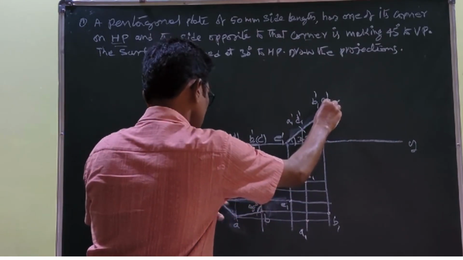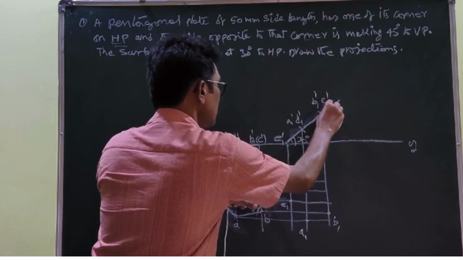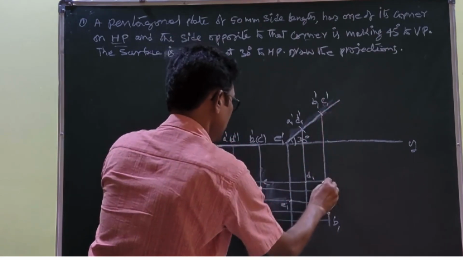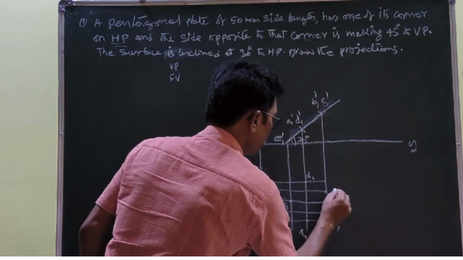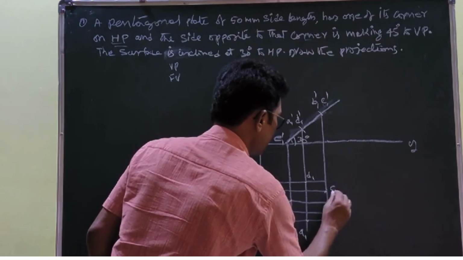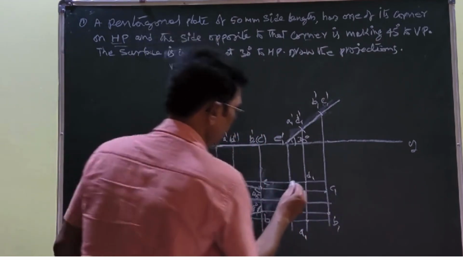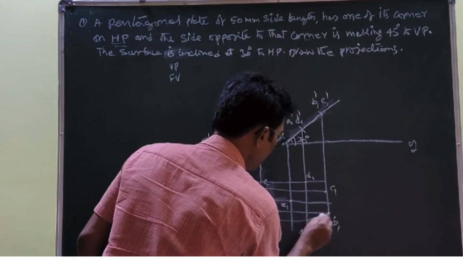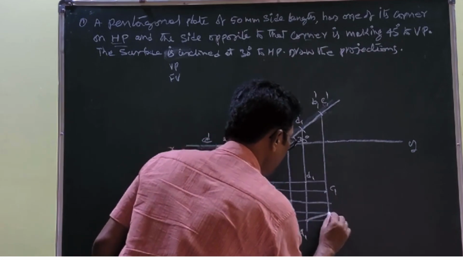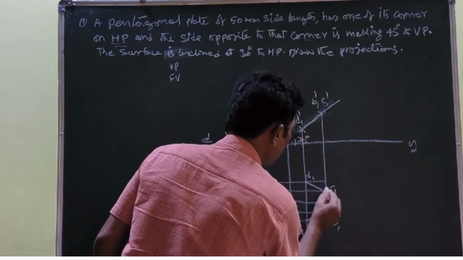This is the C, so therefore this is the C1 dash. Then you can join these points, A to B, B to C, C to D,